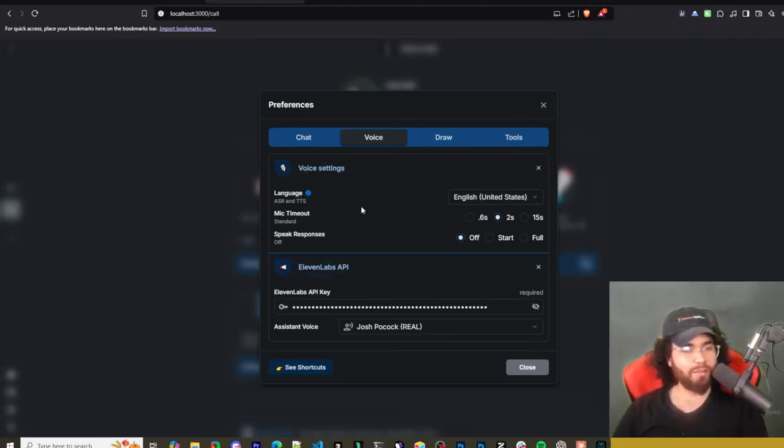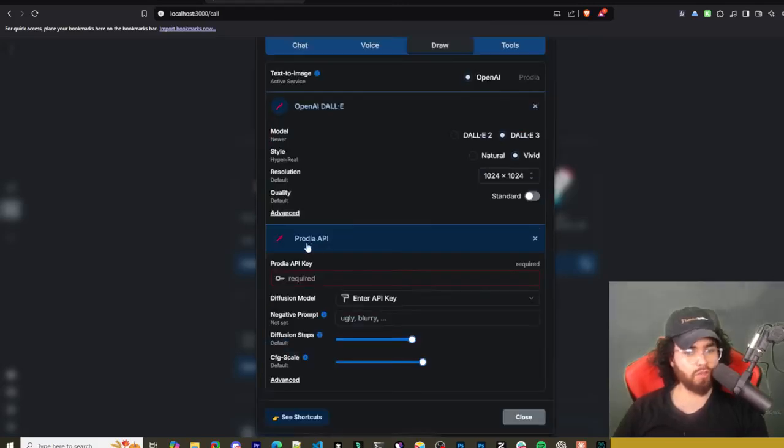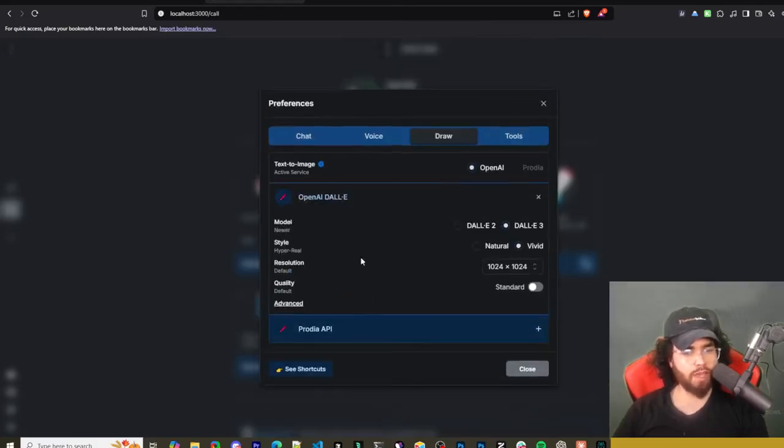So this is where you can invoice, you can add your 11 Labs API key, language, mic timeout, speak responses, and then select your assistant voice here. You can see shortcuts here. Draw, so this is where you can change, like right now we're using DALL-E 3. You could also use Prodia if you have a Prodia API key. And then